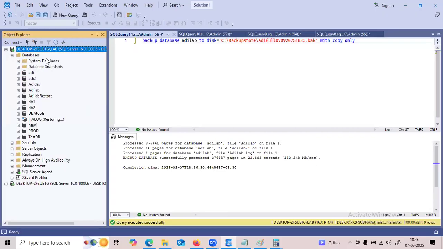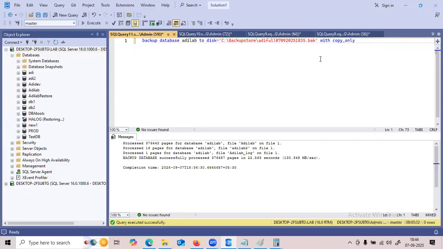So let me share my screen. Whenever we perform a log backup, it won't keep the database in restoring mode.